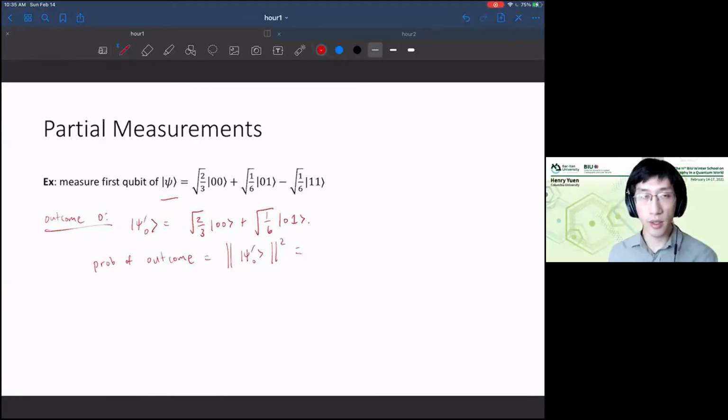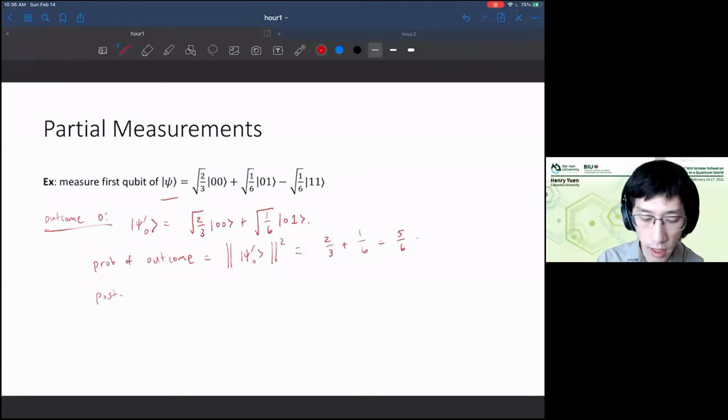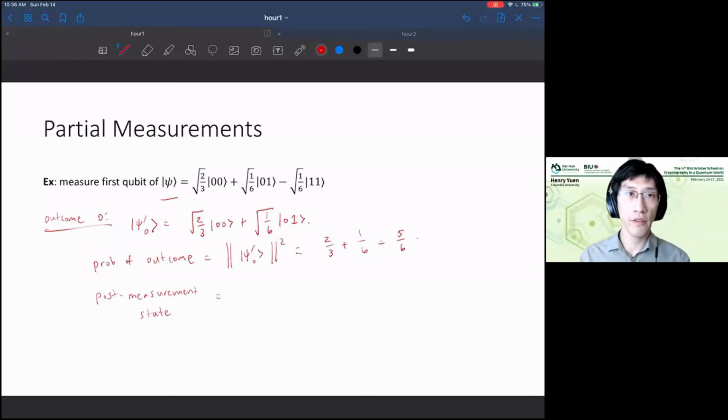Okay, so it's easy to calculate. That's 2/3 plus 1/6, which I believe is 5/6. So with 5/6 probability, measuring the first qubit will yield outcome 0. And then the post-measurement state is just going to be this psi prime 0 divided by the square root of this probability. So you get